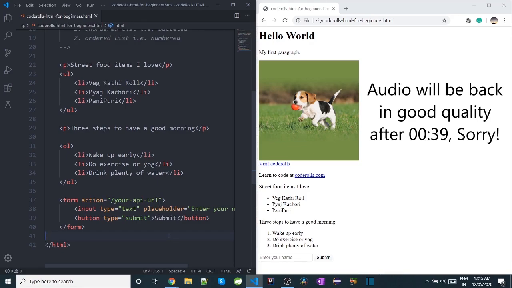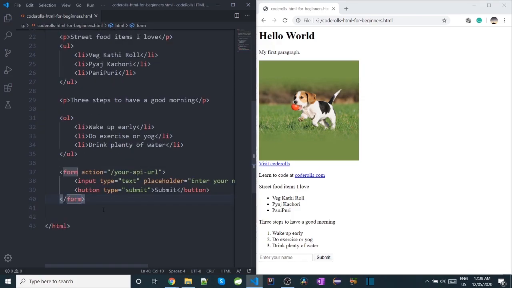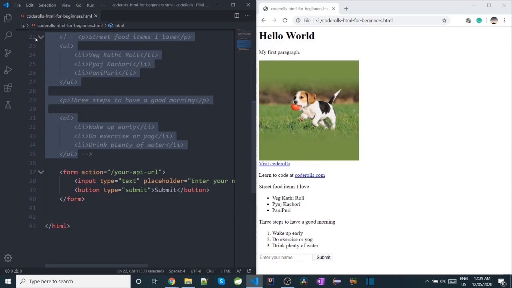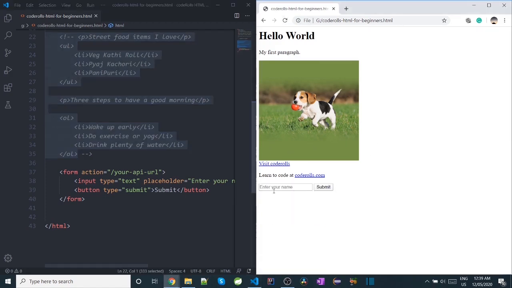You can see it. So now, here we will try the input element type of radio. So let's see. Now first, I will comment out some code so that you can clearly see what is going on the screen. So I will comment out this section of code. The shortcut for commenting out a section of code in VS Code is Ctrl plus K plus C. Now save the file and refresh the browser. You can see the list are gone.